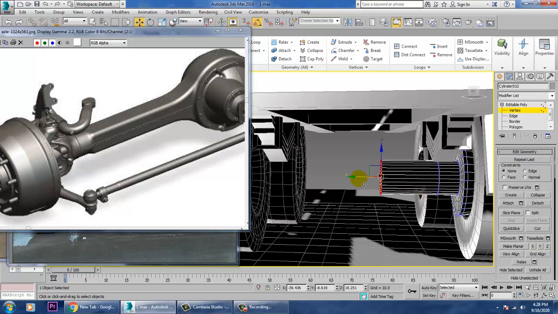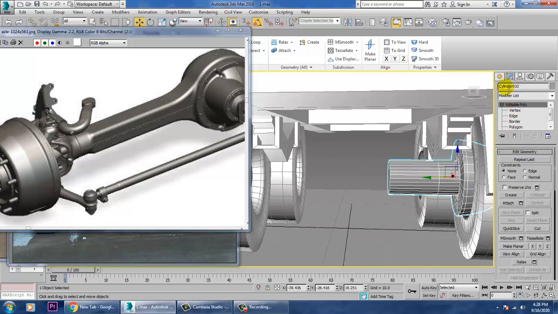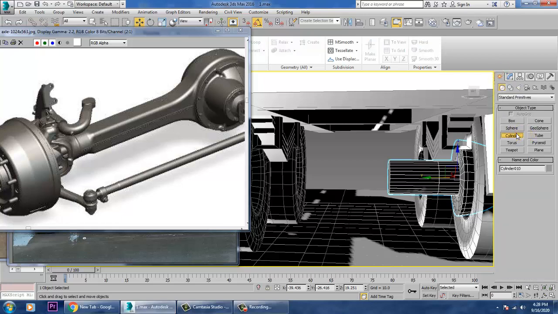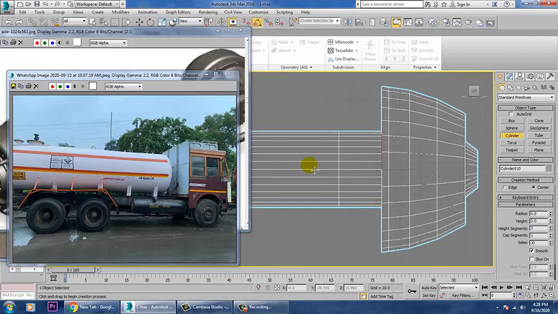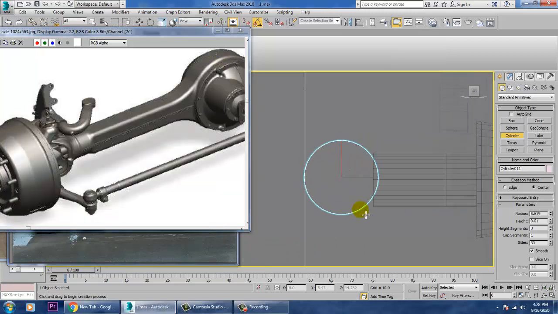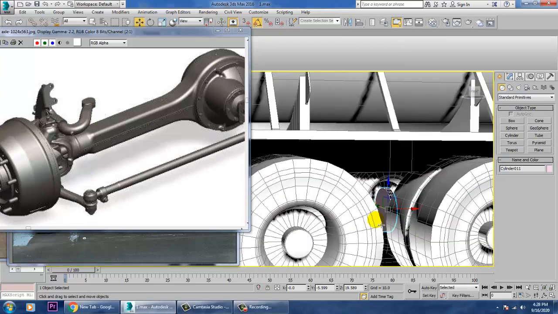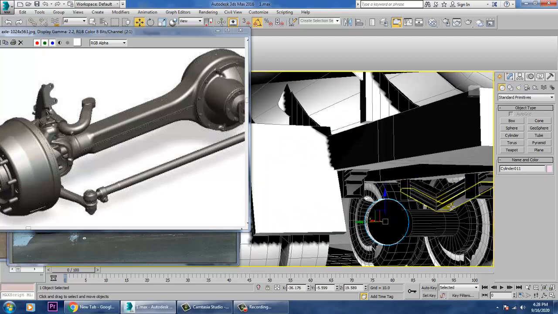So I'll just push this till here, and now I'll take a cylinder from this axis or from this angle and push this cylinder till here.